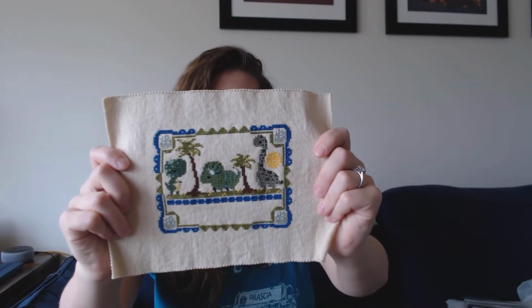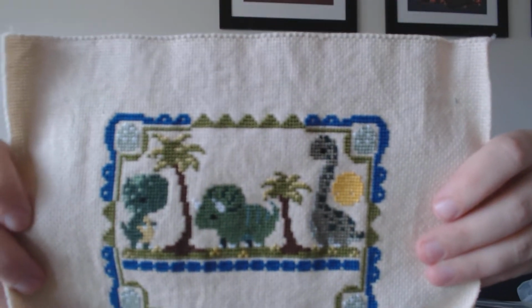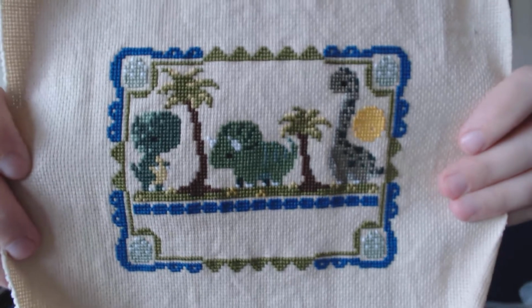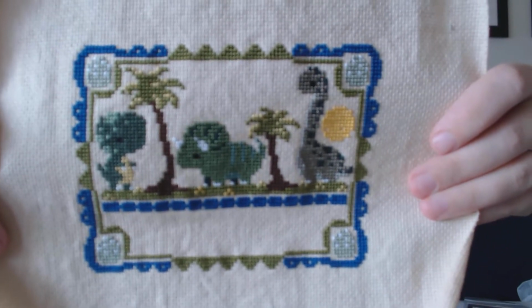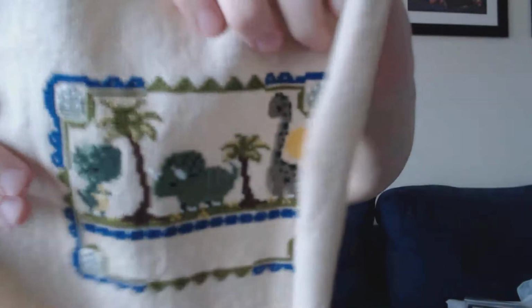So first we have, I'm not going to call it an FO, but I'm going to call it an FFN. This is Dino-mite by the Frosted Pumpkin Stitchery. The reason I call it an FFN is because it's finished for now, as I had mentioned before in previous videos, I'm changing this to a birth record, and the baby's not due until the beginning of April. So for right now I finished everything that I wanted to stitch other than